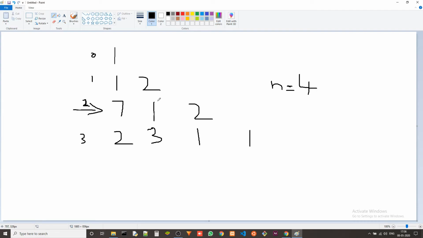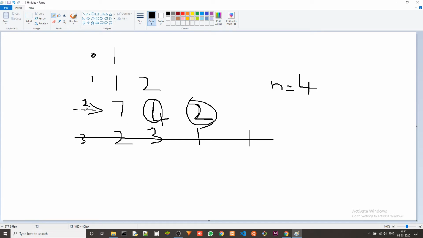Now this is 7, and now we look at the second element. We can choose 3 or 1. Since 3 is maximum, we change this to 4, right? Now we are here and we look at this. We can either choose 1 or 1, it doesn't matter. So we add 1 and it's 3. Now we don't have to consider this anymore. We have processed this row.